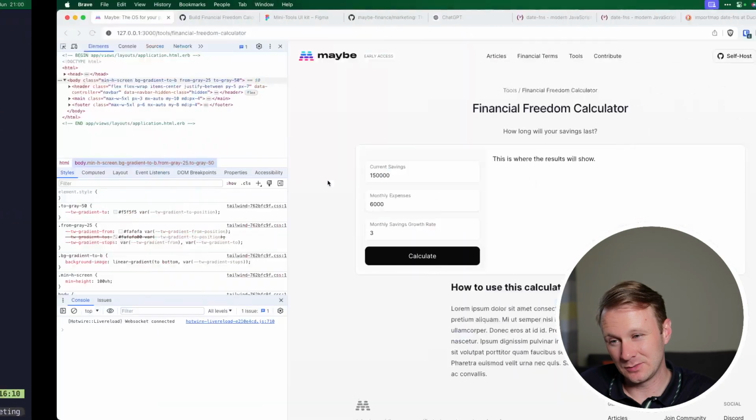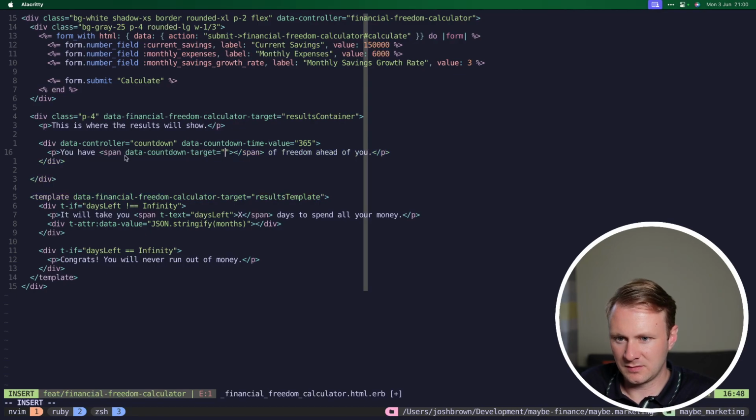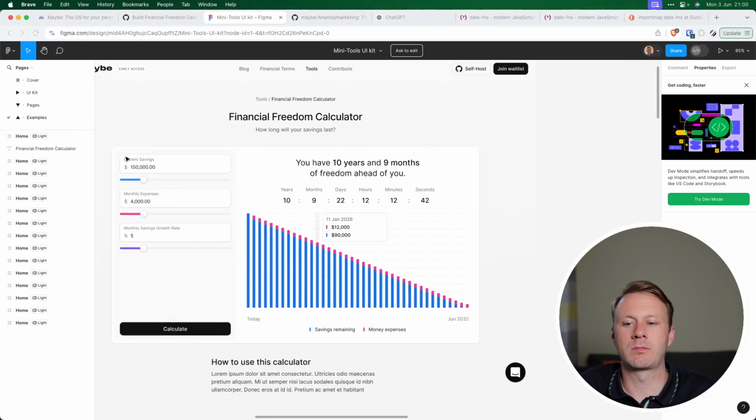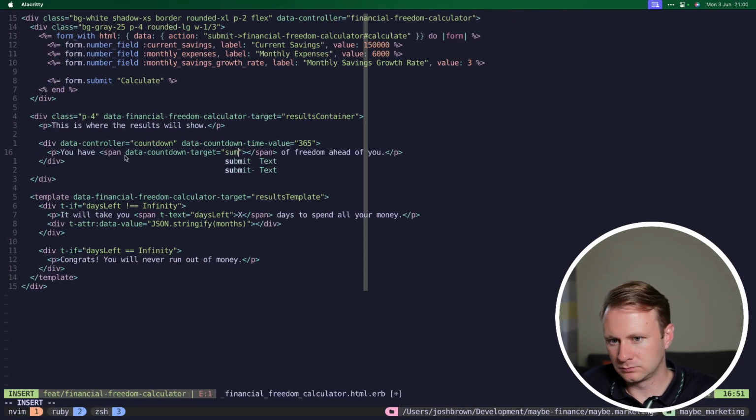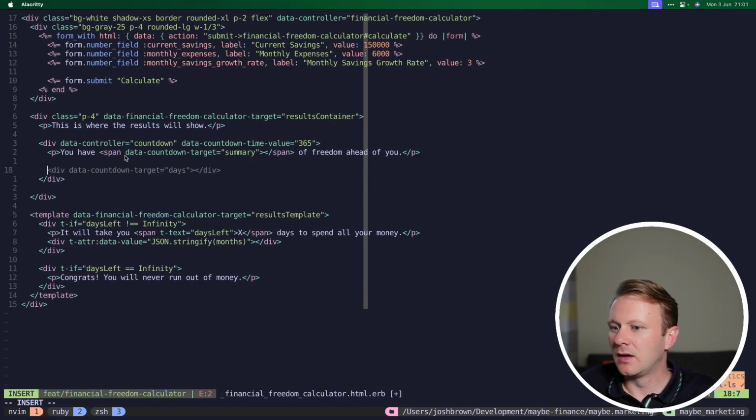And then we'll have some sort of message, I guess, which will say something along the lines of you have some sort of span of freedom ahead of you. Data countdown target summary. And then